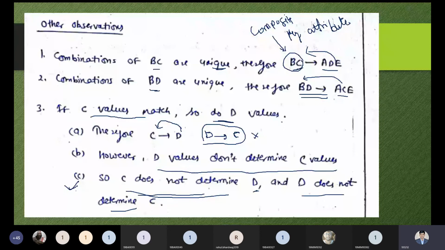Here we are talking about the other observation. In our relation, what kind of observation do we have? You can take any other relation like C and E, no problem. But E will always depend on C and D. Why? Because E is an attribute which has only the same value. So we need to keep in mind the analysis of the values maintained by the relation. So this is the other observation.